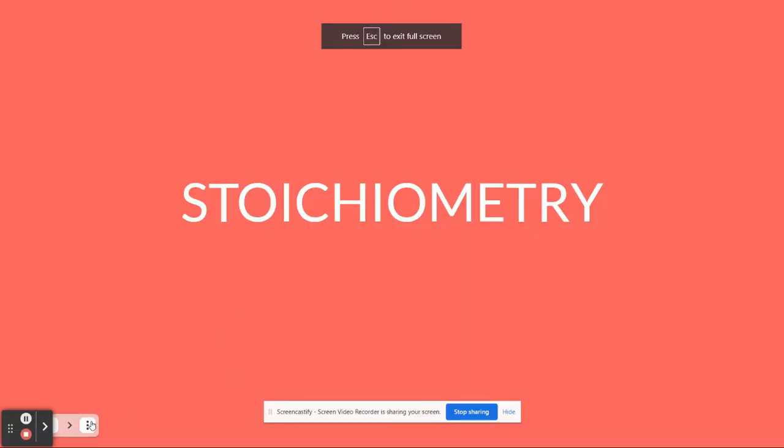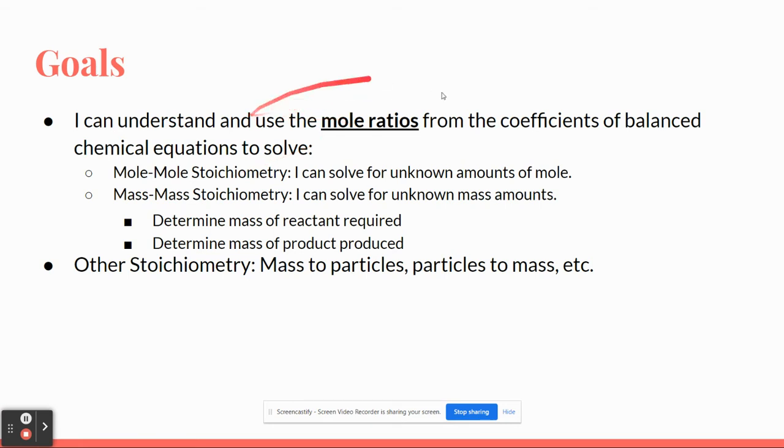In this video, we're going to start learning about the concept of stoichiometry. By the end of this lesson, you'll be able to use mole ratios to solve a variety of stoichiometry problems: mole-mole, mass-mass, mass to particles, particles to mass, and other types of stoichiometry problems. These learning goals will make a lot more sense to you once you've actually tried some stoichiometry problems yourself using